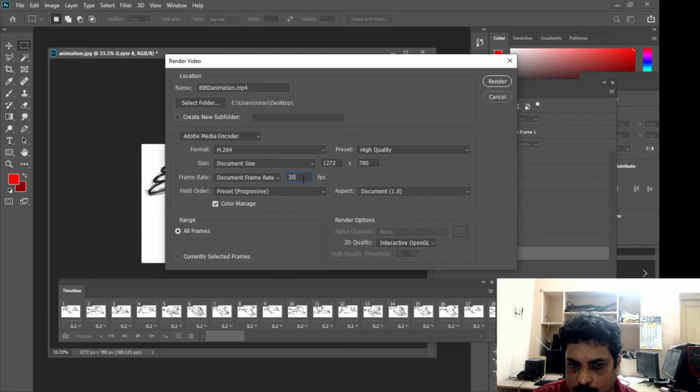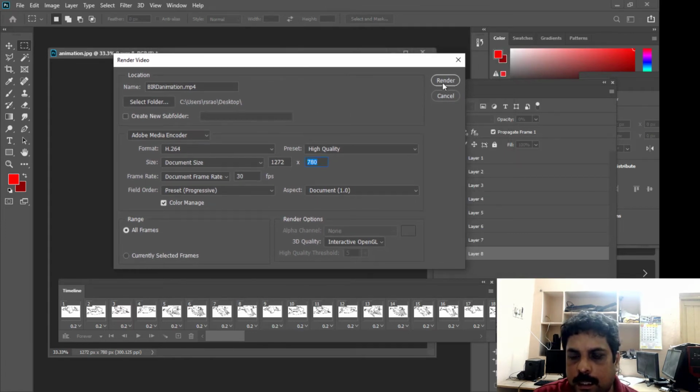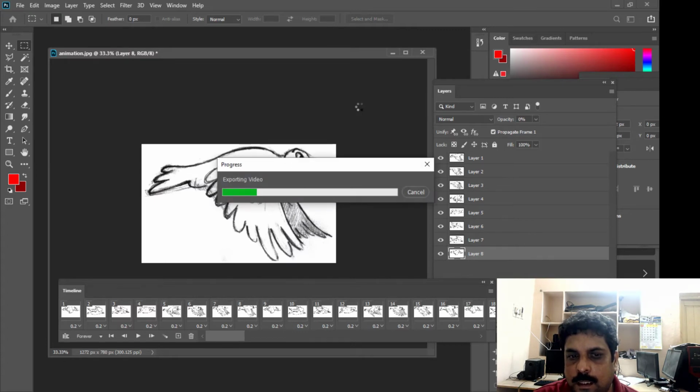It is almost equal to the NTSC frame rate, which is a very common frame rate in the industry. And you can also experiment with the document size, the width and the height. But we'll keep it to the default settings, and then we will just simply click on this render button, and it's going to export our video.